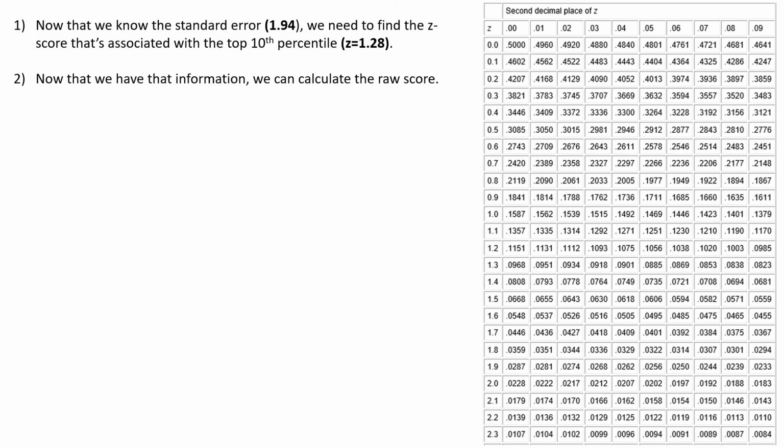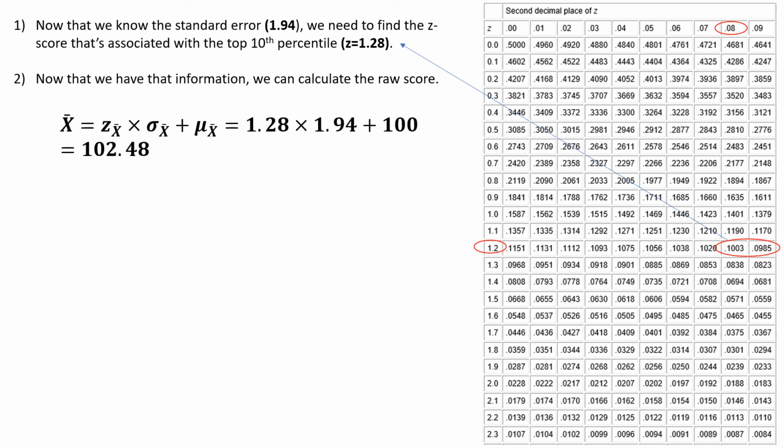We need to go find the z-score that it's associated with. And unfortunately, I've already given you the answer right there. But similar to the last question, we just have to find the proportion that's closest to 10%. So that would be 1.28, which is how we got that number. And we can begin to calculate the raw score. But again, we only have the standard error of the mean, so we need to include that number in there. And then we get